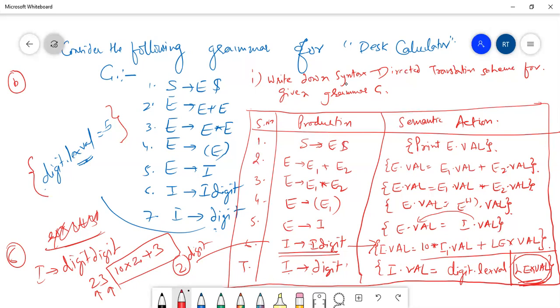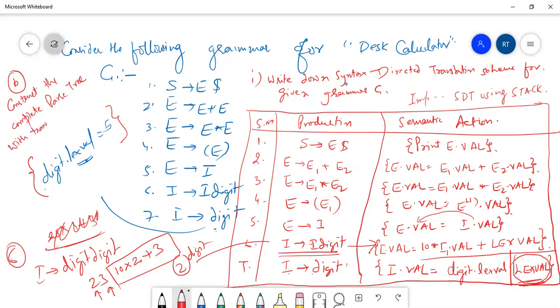We have not yet explored how to implement syntax directed translation using stack. That we will discuss in the next lecture. But before that, do something. First, I did for you that you had to write down the syntax directed translation scheme for the given grammar. Now I'm saying you construct the complete parse tree with the translations,